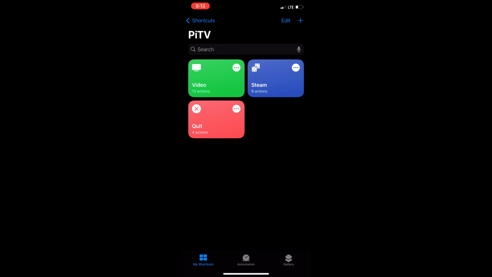One other step that I do recommend is before you get comfortable, I would go onto your Raspberry Pi and use one of these Siri shortcuts and sign into all the streaming and music streaming services that you would like. And also, when you're using the Steam one, you will have to have access to a keyboard because it's going to ask you to install some other dependencies that are not included with the install script that I have provided. So once you've done that for the first time, you should be good and you won't need to worry about